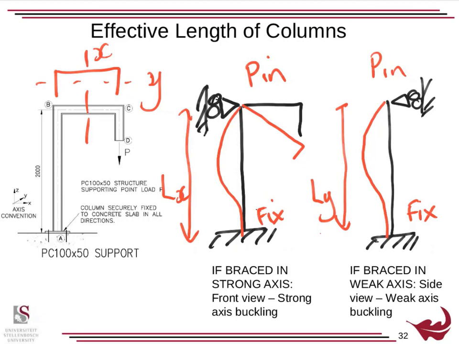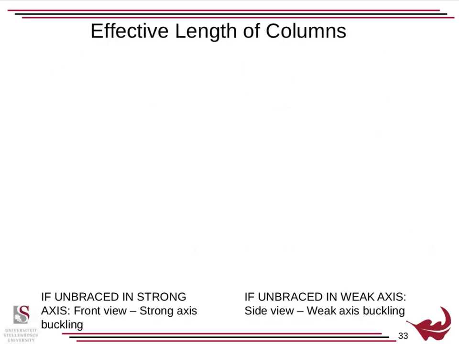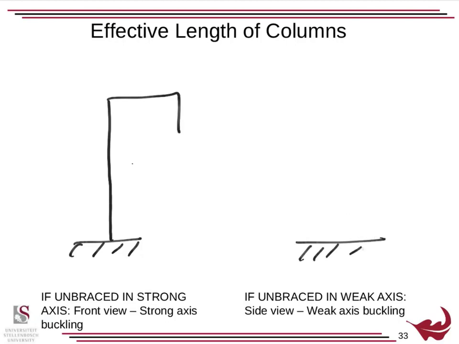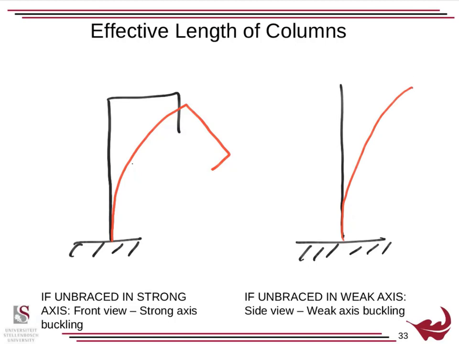And now, what happens if there wasn't that bracing? If it was just a freestanding element, looked like so, and what would occur? You would end up with something like this. It would lean over, the entire structure would just lean over sideways. Could lean one way or the other. So now our length is the same, our Lx and our Ly,